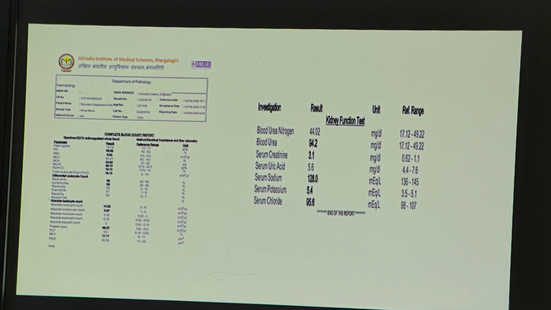So these are the total CBC and other parameters. You can see elevated counts are there. Creatinine level is also elevated on the day of admission. They had sent a urine routine examination, correctly, because the patient is having typical urinary tract infection features. It came back with pus cells of about 4 to 5, bacteria present and nitrite positive. But they didn't send a urine culture for this patient.